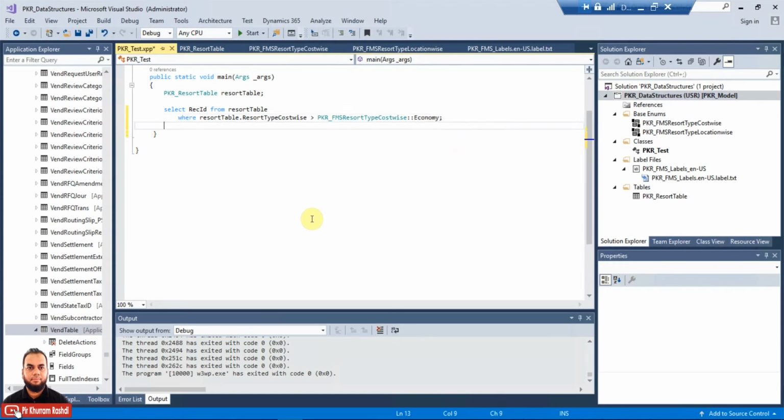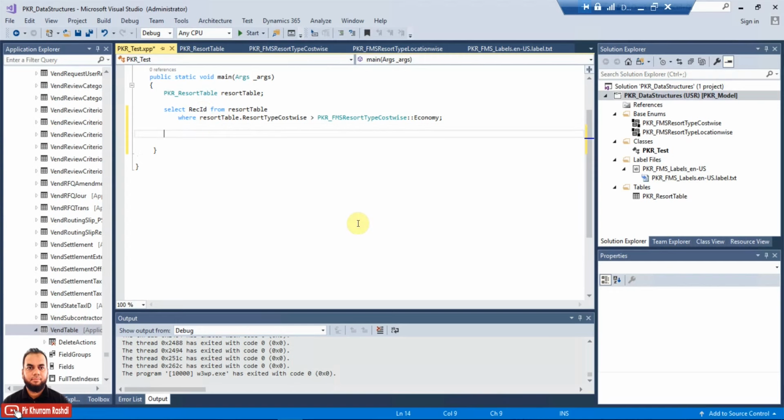So what is your take on this? What value will it return? Will it return some rec id or will it not return a rec id? This kind of structure is used whenever you want to select a record, to check whether a record fulfilling this condition exists, so you just return a rec id value. If the record is there, rec id will be filled with some rec id value of integer 64. If it is not returning any value, rec id will be 0.